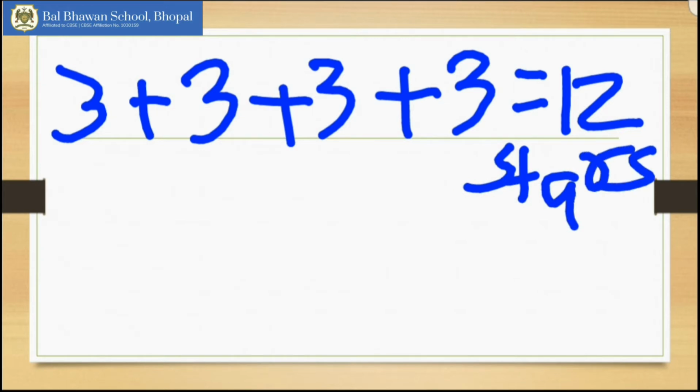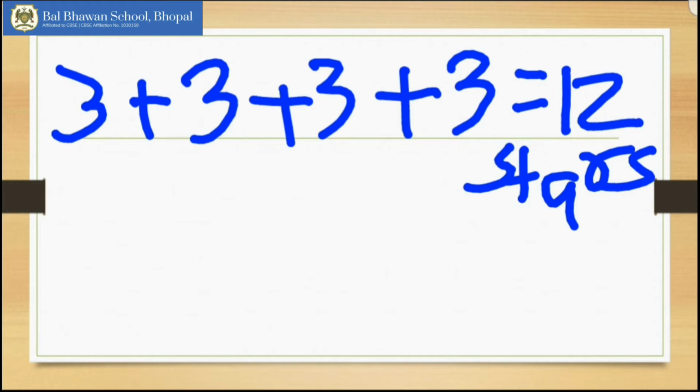12 stars. Okay. So what we have done right now children, this is called repeated addition. And what is repeated addition children? It is the addition of the same number over and over again, as we have done here. We have added the same number 4 times because 4 groups are there. Okay, but instead of writing the same number again and again, alternatively children, we can write it in multiplication form. Why? Because it is a faster way to do repeated addition.